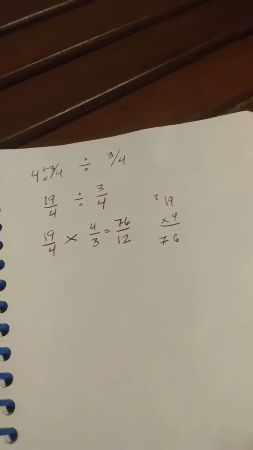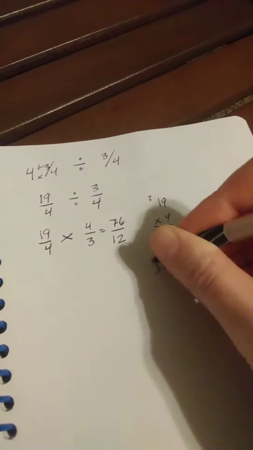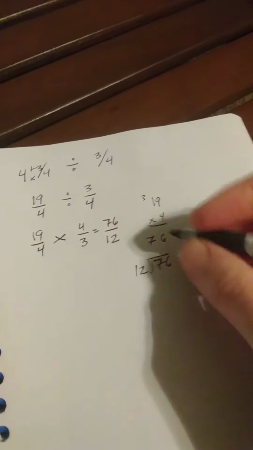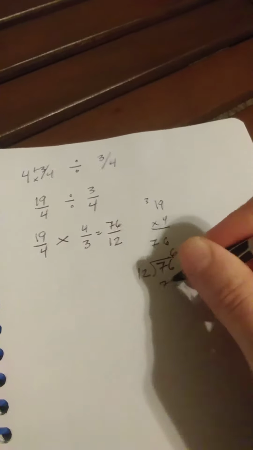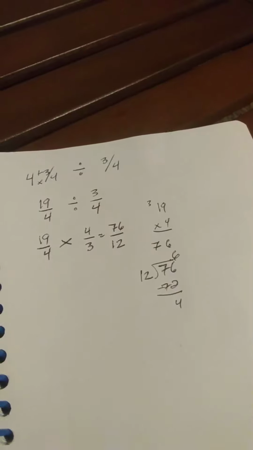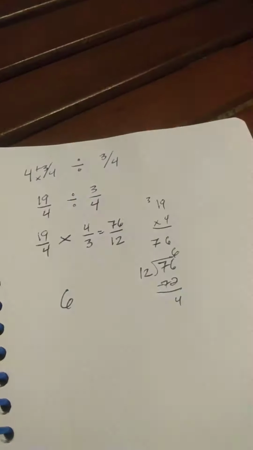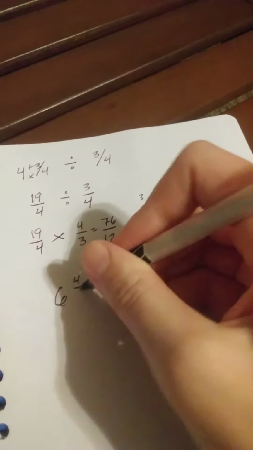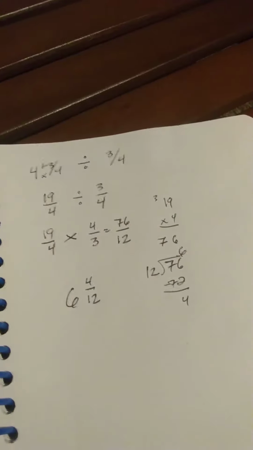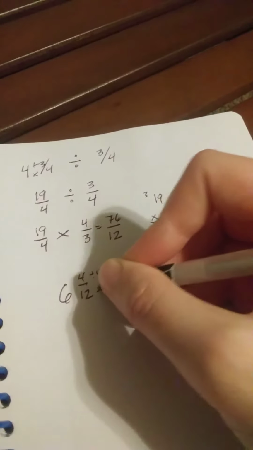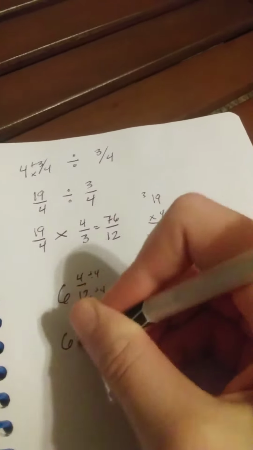We could do some long division here. 76 divided by 12. 12 goes in 6 times. That's 72. We have 4 left over. So that would give us 6 and 4 twelfths. We can simplify this. So that'd be 6 1/3